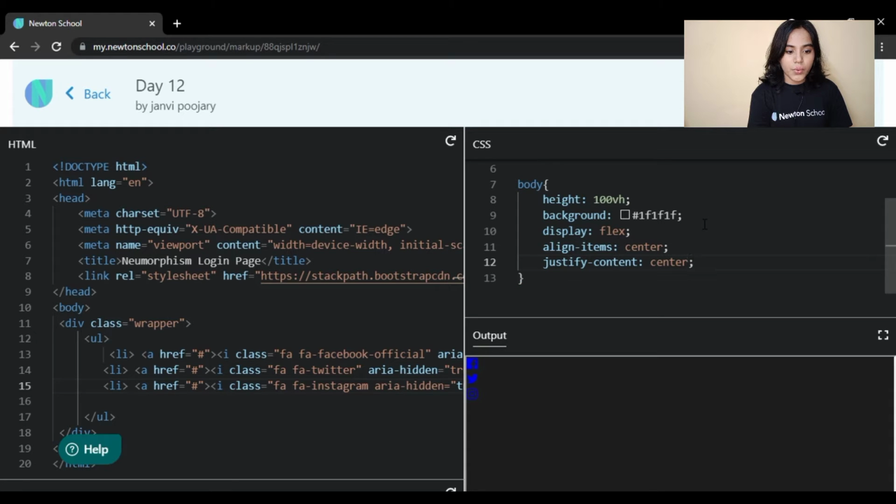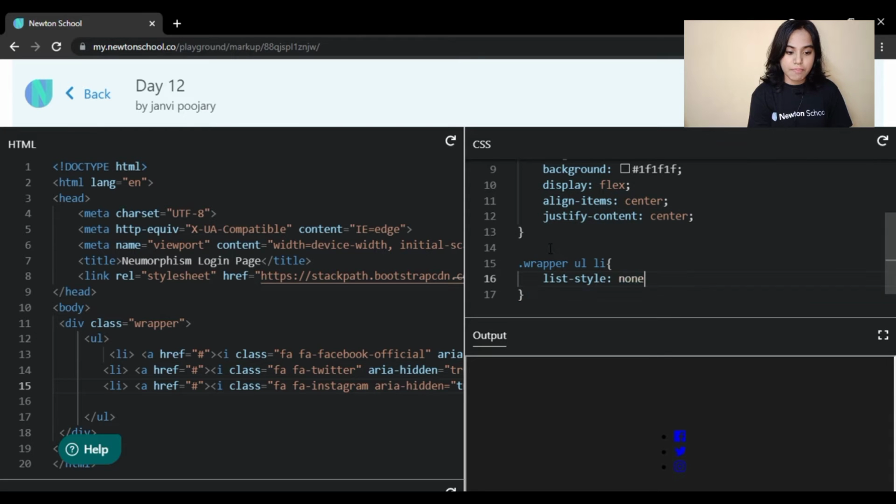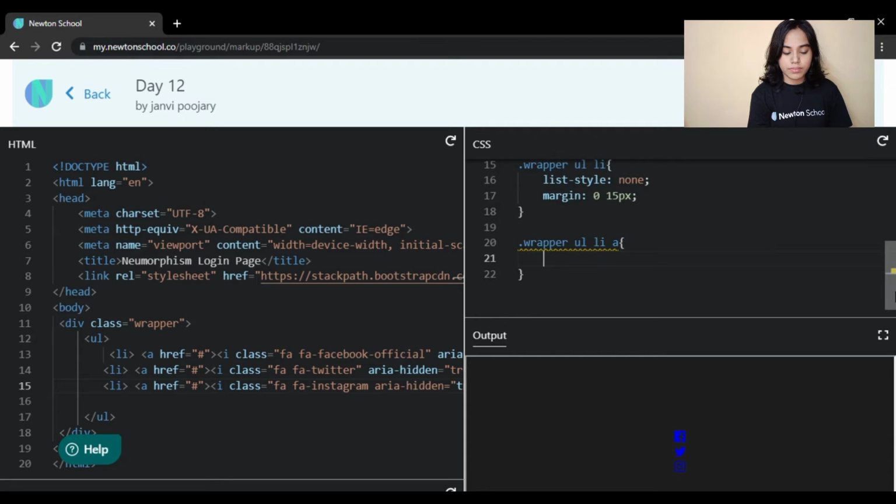Right, now we will target all the LIs and we will say that list style should be none and we will give it some margin. Now we will target all those anchors and we will style them. We want that circle around it, so that is why we will style it.